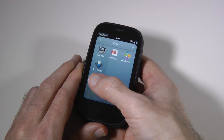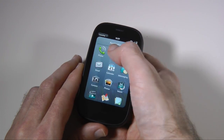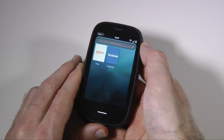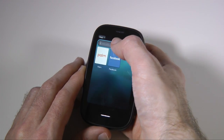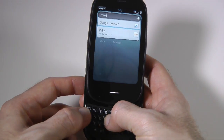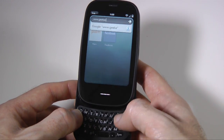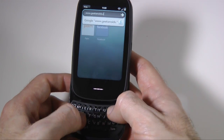That's system settings. Here we've got YouTube app, PDF viewer, quick office. Here we've got the internet, so we can gain access to the internet here. So let's type in a URL. The obvious one is going to be Geekanoids. So let's go www.geekanoids.co.uk